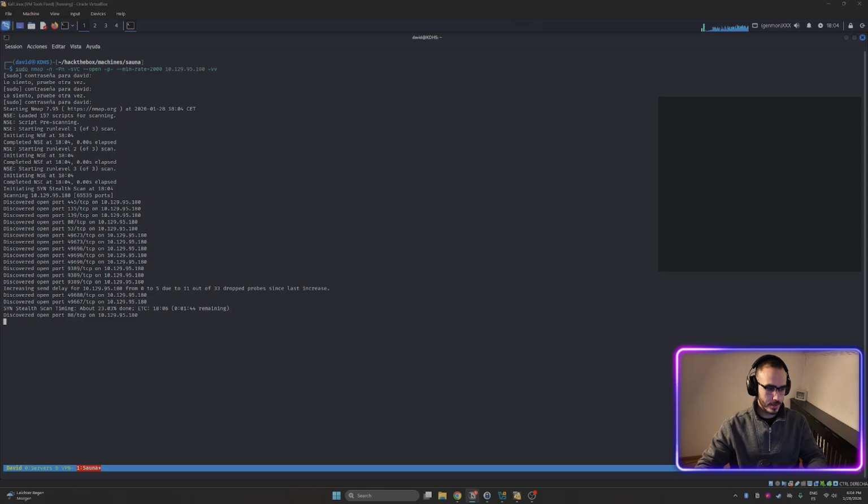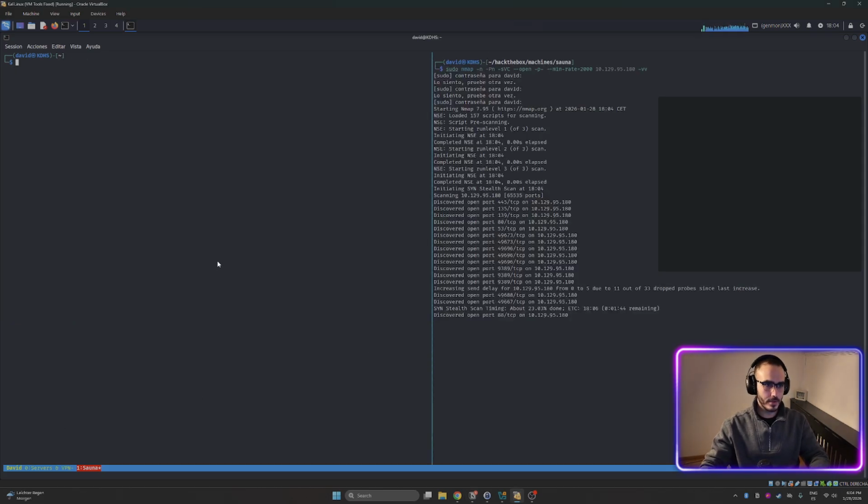Another thing that should be mandatory as well is to check for the open UDP ports. We can do the same with the following command. And remember that it's pretty important to enumerate all the open ports, because that could be the difference between getting the foothold on the machine and not getting any information from it. So we are going to run both scans, and we can see that port